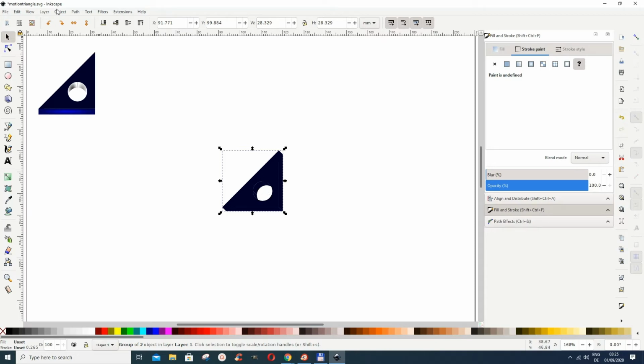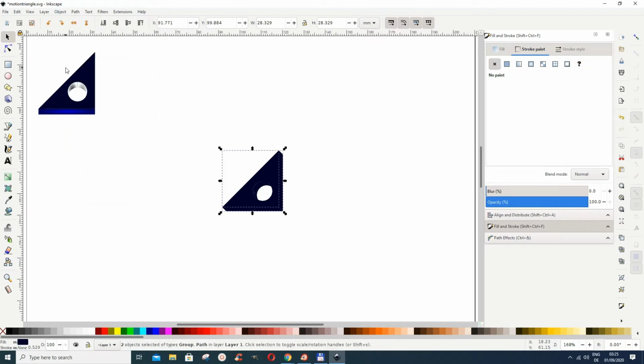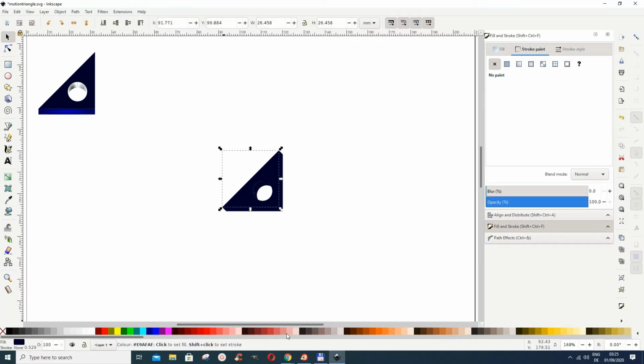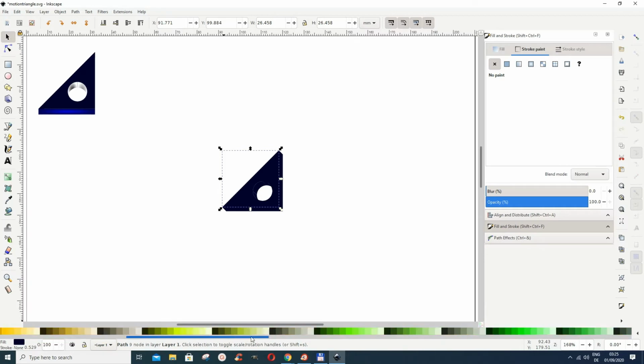So let's go here and go to Object, and then we do Ungroup. This will ungroup parts, but maybe it won't ungroup everything. I will see to that. First of all, I click here and select this part here, and then let's give it maybe this color here,